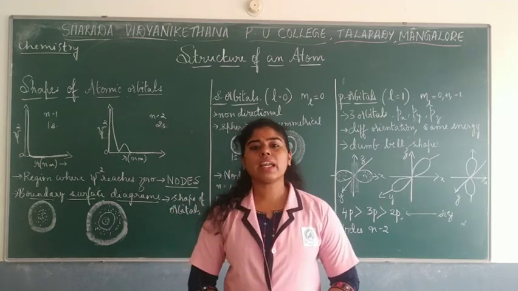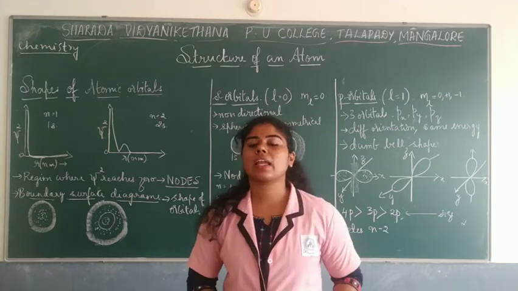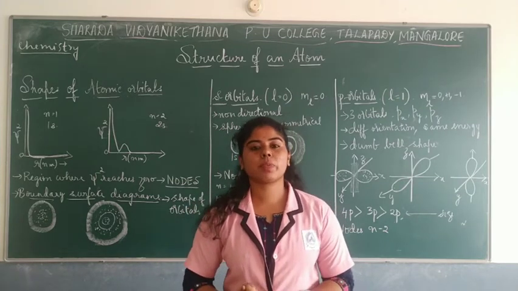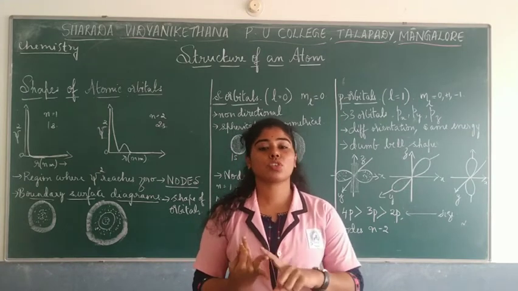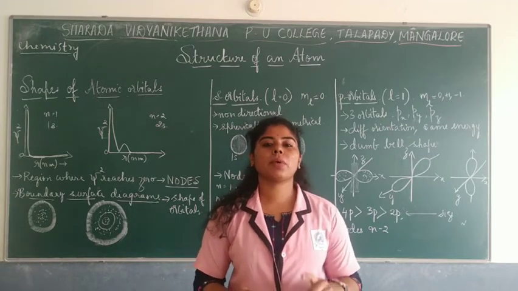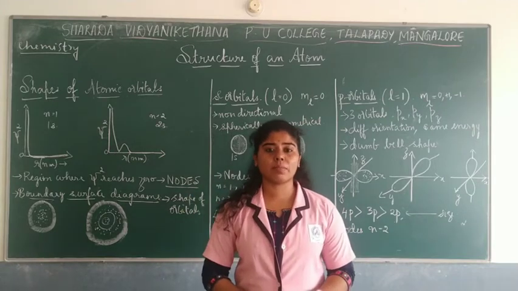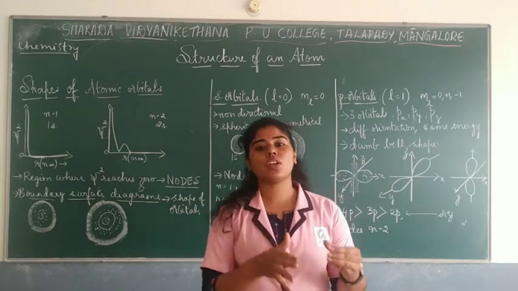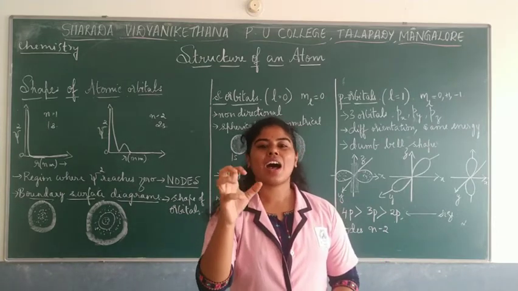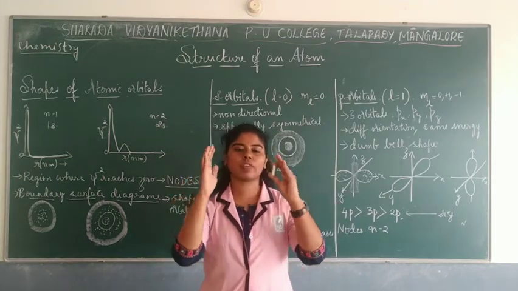So you have already studied the different quantum numbers from which you can predict where an electron can be inside an atom. Which are the four quantum numbers? Principal quantum number, azimuthal quantum number, which is also the angular momentum quantum number, then the spin quantum number as well as the magnetic quantum number. From the magnetic quantum number we get to know the different orbitals present inside an atom, wherein the orbital tells us the maximum probability of finding the electron in that particular space. So that is what we were talking about.